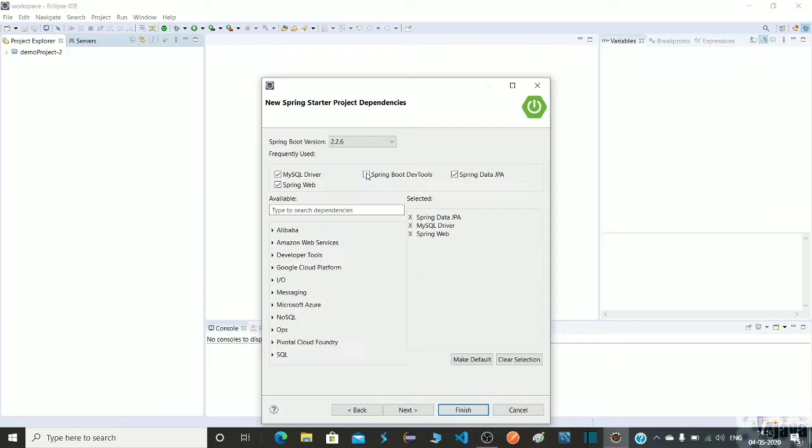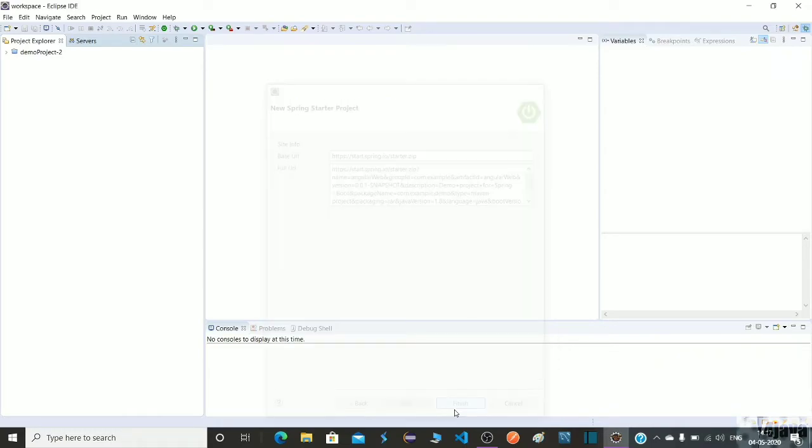If you make any changes in your code, it will automatically detect and rerun the server. Click on that, proceed to next. Here our project is getting downloaded. Wait for the time. So our project is downloaded.